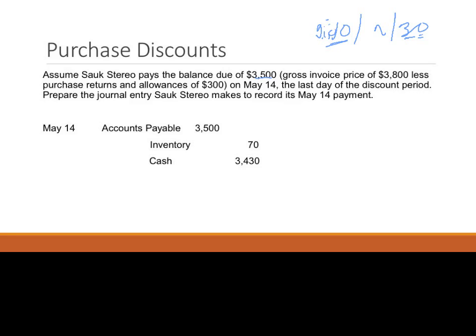So assume we pay the balance of $3,500 on May 14th, the last day of the discount period. I cancel my accounts payable, so it's debit accounts payable. I don't pay them $3,500. I pay them 98% of $3,500. And this is a 2% discount. And therefore, I reduce the cost of my inventory